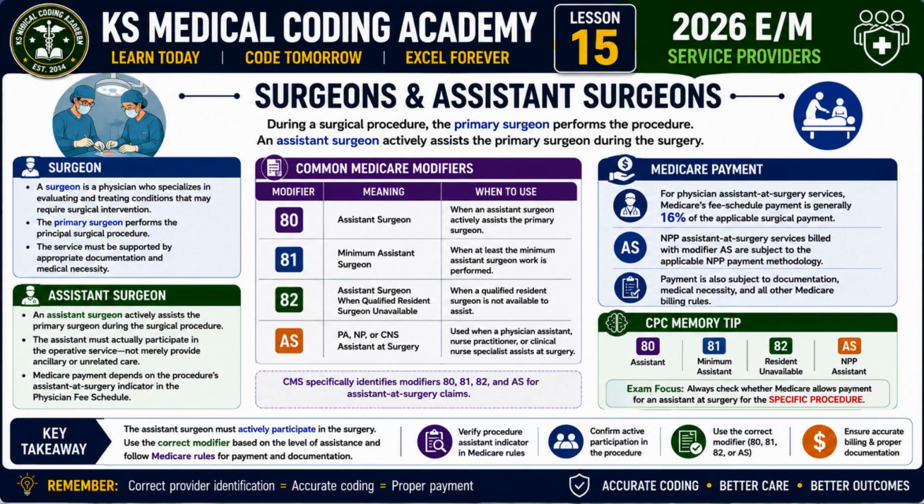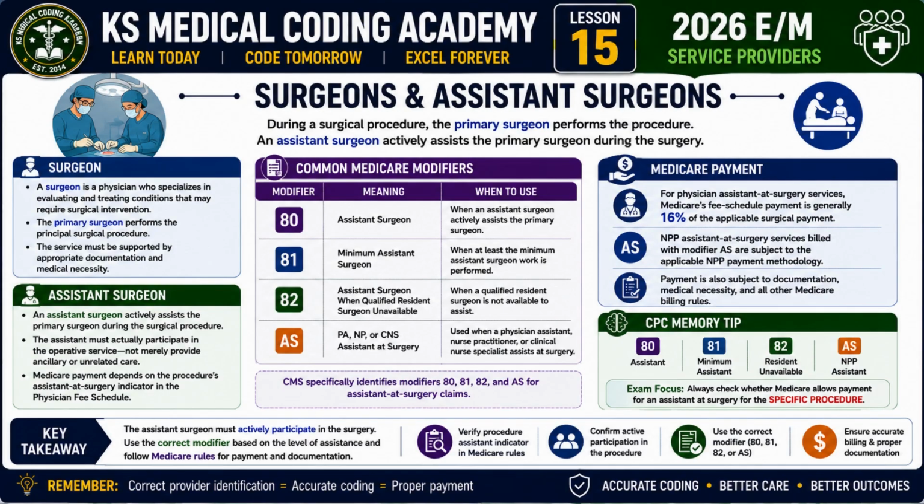For Medicare claims, several modifiers are important. Modifier 80 identifies an assistant surgeon. Modifier 81 identifies a minimum assistant surgeon, when only minimum assistant services are required. Modifier 82 is used when an assistant surgeon is required and a qualified resident surgeon is unavailable. And Modifier AS identifies certain non-physician practitioners, such as a physician assistant, nurse practitioner, or clinical nurse specialist, who provide assistant at surgery services. Remember that the correct modifier depends on who provided the assistance and the circumstances of the